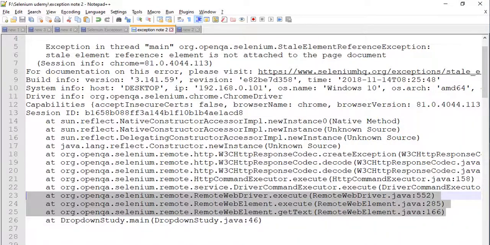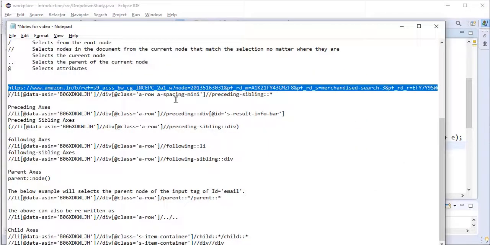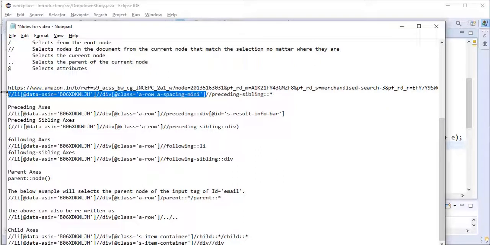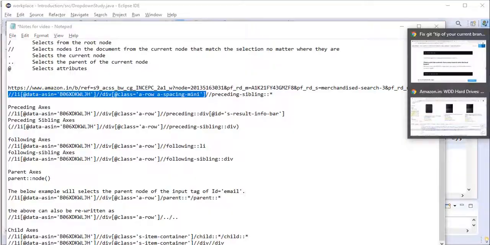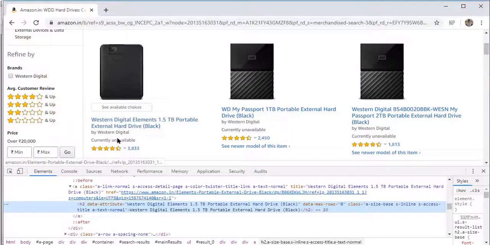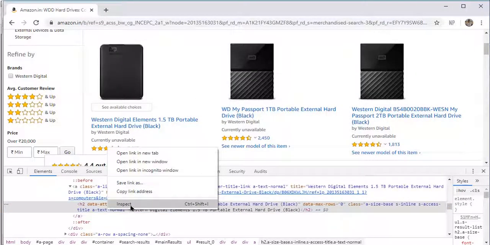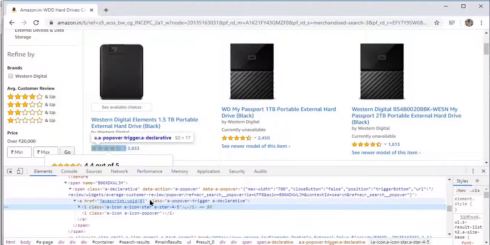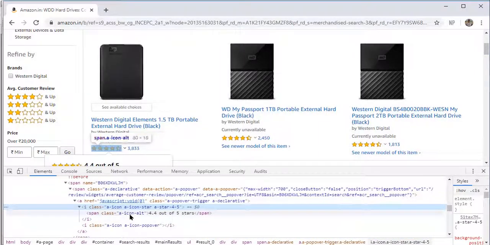Better, I can directly spy on this element. Just right click on that and click on inspect, and you can see the properties.